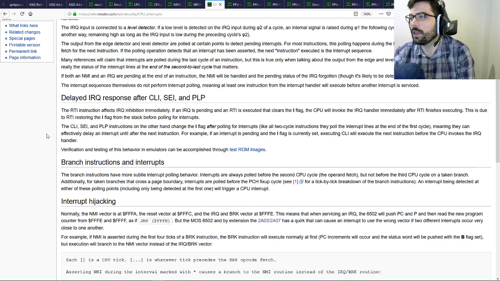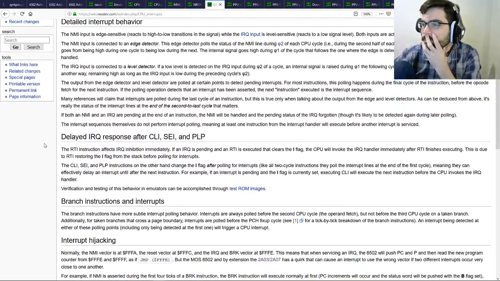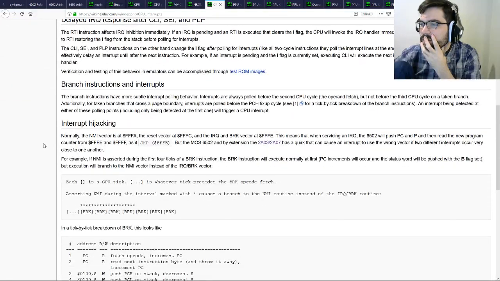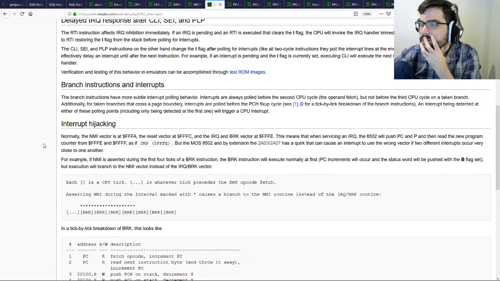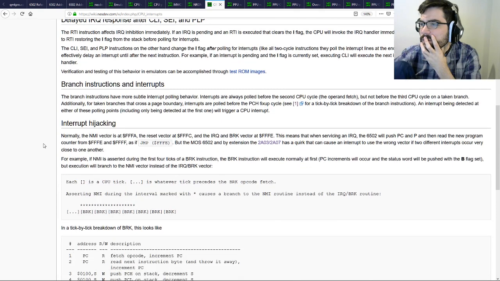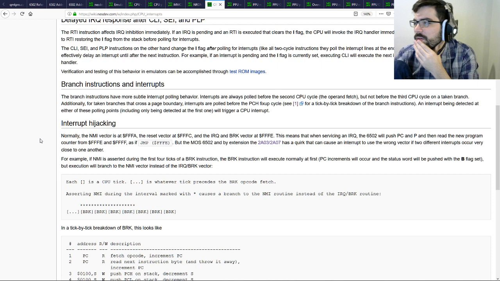Oh, hey. I didn't think about this at all. The NMIs are supposed to happen between instructions, right? You're not supposed to interrupt in the middle. Yeah, I'm not doing that.